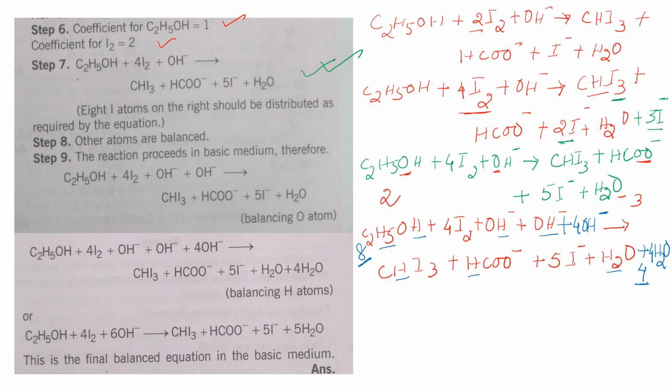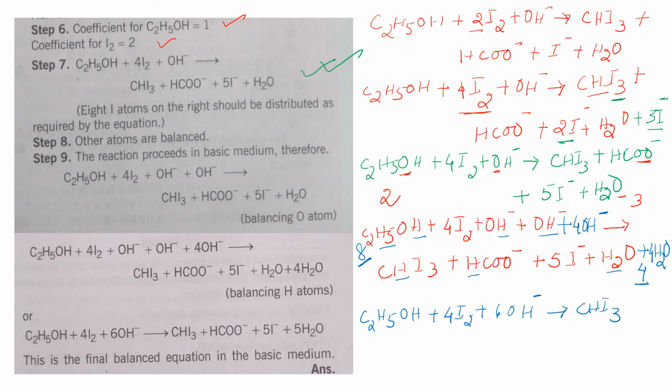So the final equation, what I am getting, C2H5OH plus 4I2 plus 1 OH, 2 OH and 4 OH. So total it is becoming 6 OH minus is giving you